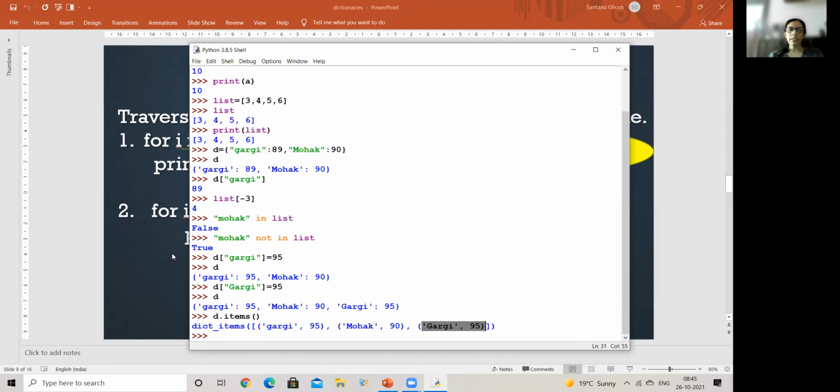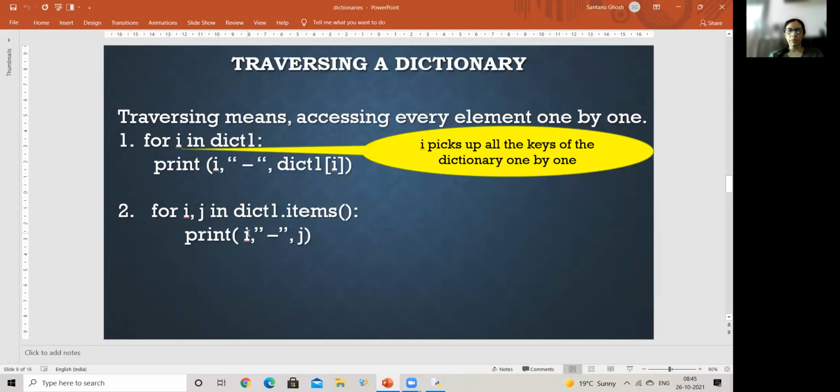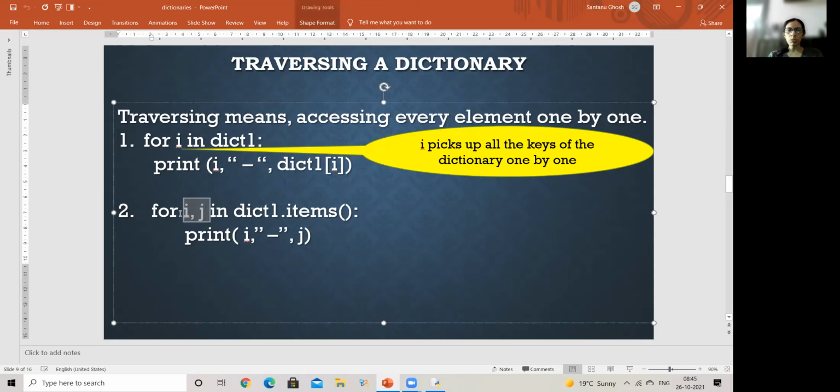Now I'm going to utilize this functionality of items in my loop, and the beauty of the way it's implemented is that if I'm using two counter variables, automatically, step by step for every element of the dictionary, in step one the key is picked up in I and the value is picked up in J for the first element.